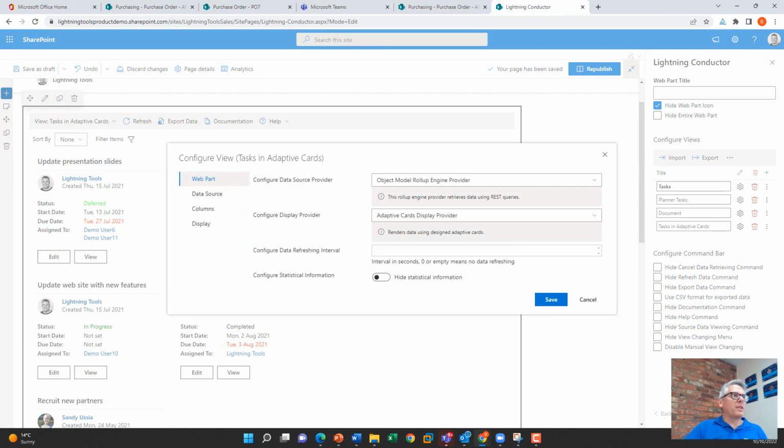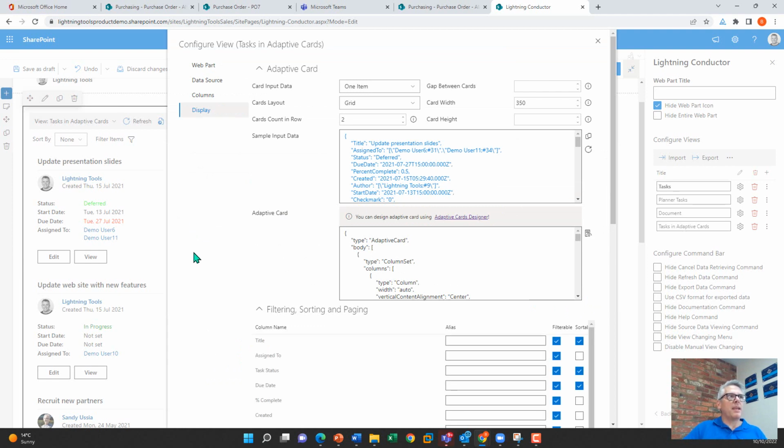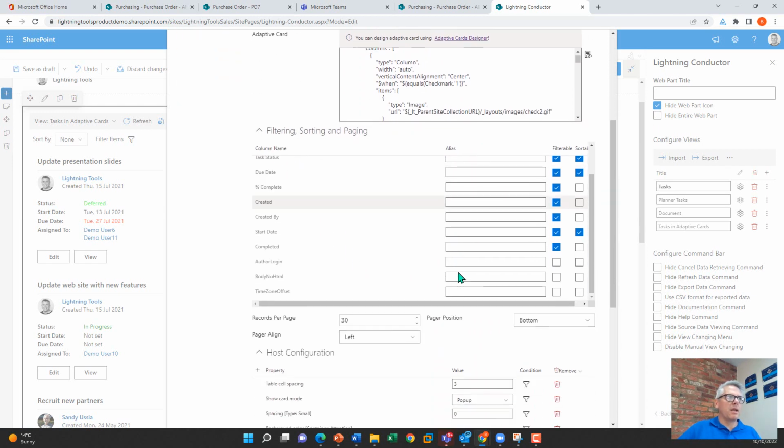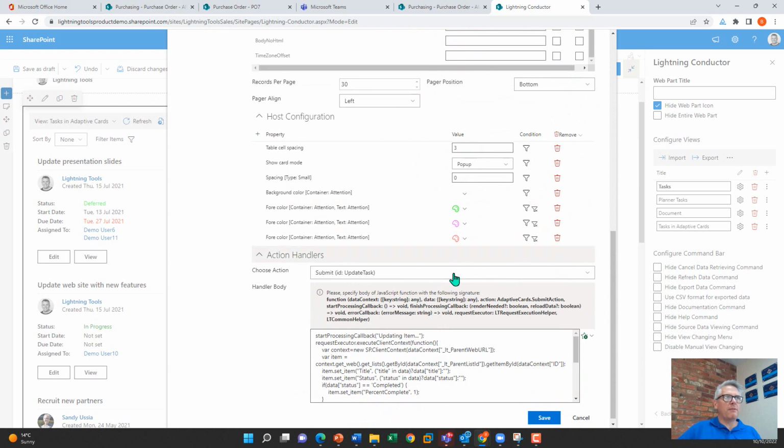But I want to show you what the adaptive card looks like, and I'm going to jump into the advanced mode of the Lightning Conductor, where we can be very specific about the configuration. And under the display here, you'll see that we can create an adaptive card. And there's a link out to the adaptive card designer, and we can follow that. We can go through and set all of our properties for filtering, sorting, and paging, and that type of thing. We can even add our conditional formatting and so on to some of those fields as well, as part of that host